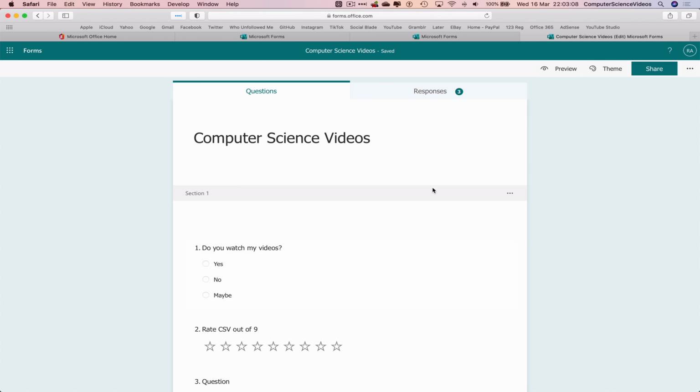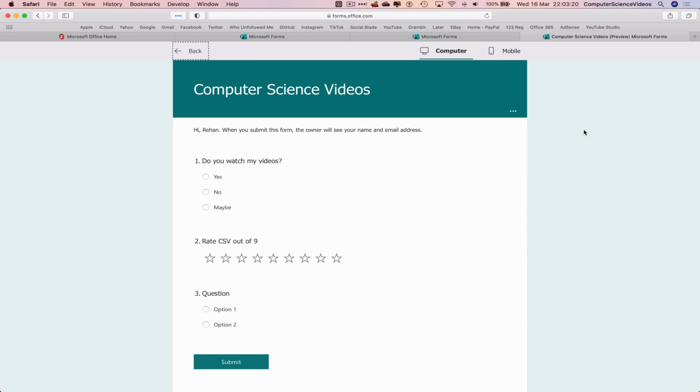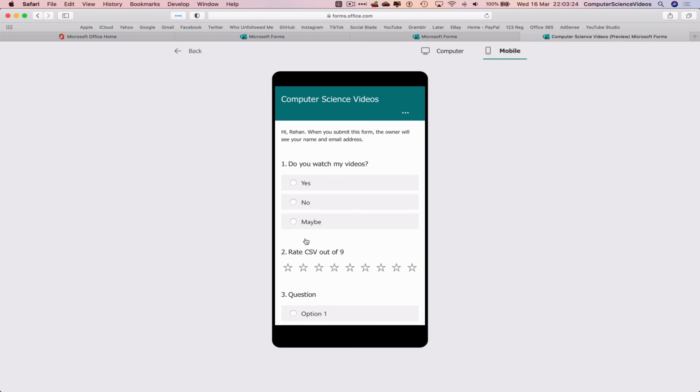The form is already done. If you're not sure how we have got this far, click on the previous tutorials and you will see that all in full. Let's now preview to view cross-platform on computer, on mobile,